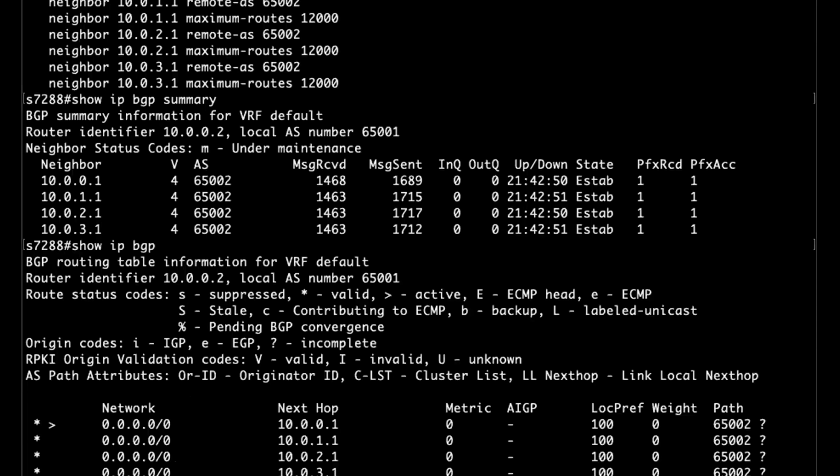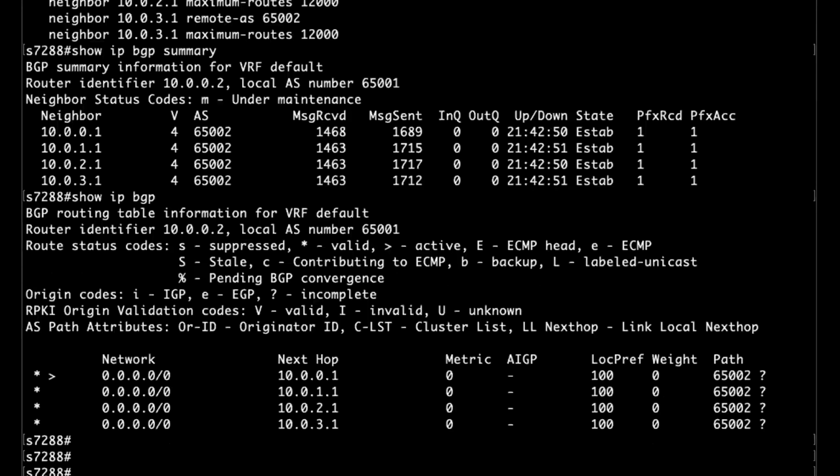So we can see here we're receiving the routes from each peer and their various metrics: local preference, weight, AS path, and so on. Now, with RCF, we can use our code to manipulate this routing policy. And so the way this is performed is using, if I enter configuration mode,